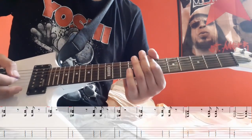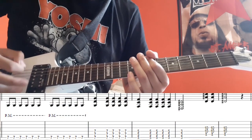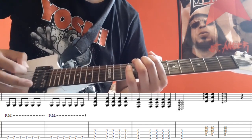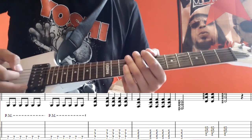And then what you do, there's like a build up before the end. So it's just on the 7th fret on the lowest string, all palm muted, and then it's